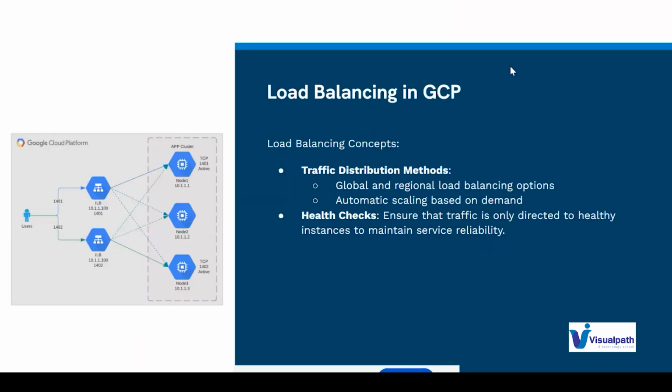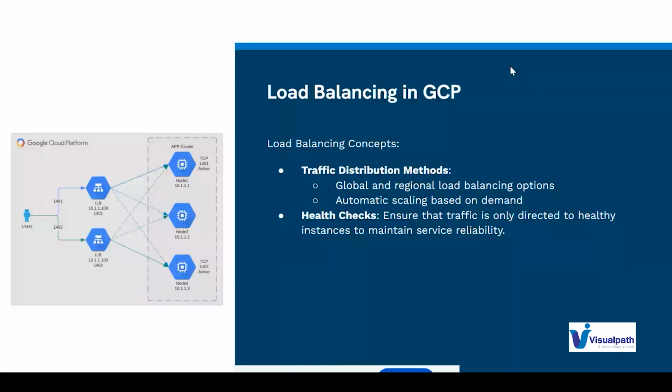And then this is something about load balancing. I just gave a diagram of how the traffic will be redirected to the different VMs or nodes, and also health check. That is the primary concept for using load balancing. So the load balancing part we mainly use if you have multiple nodes, right? It will redirect or distribute the traffic to the multiple nodes.